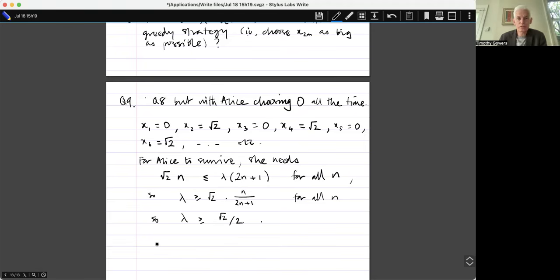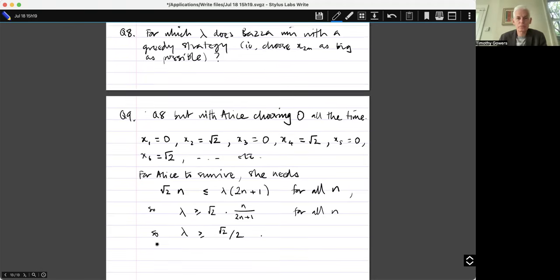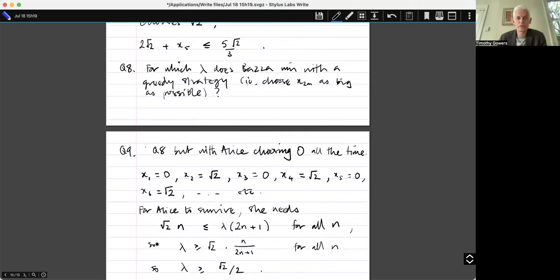And I think that argument may also prove a certain interesting statement, which is that if Alice chooses 0 all the time, then that strategy will at worst lead to a draw if lambda is